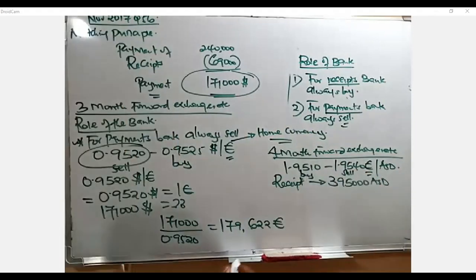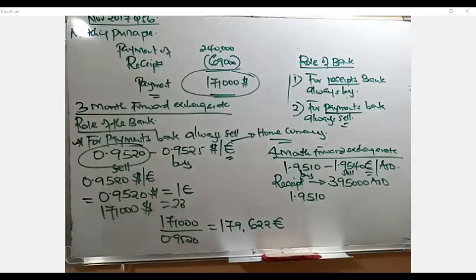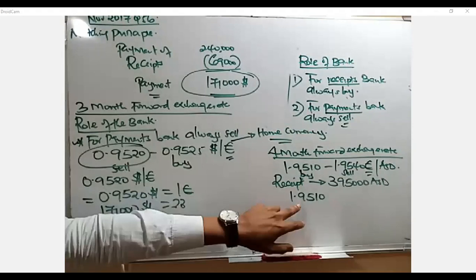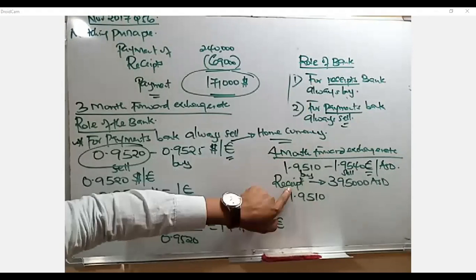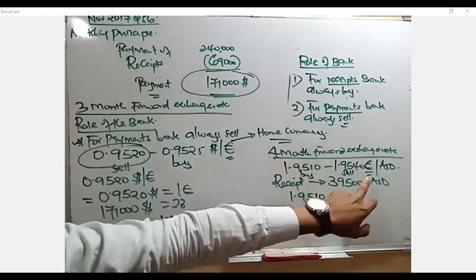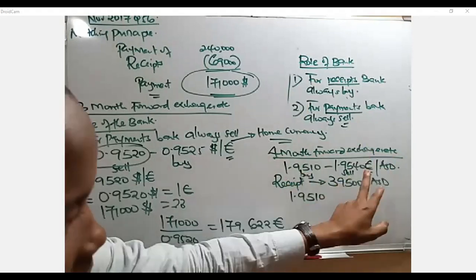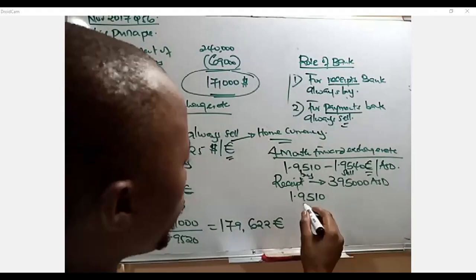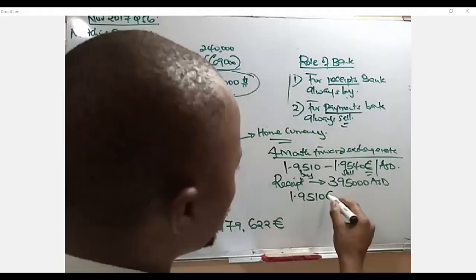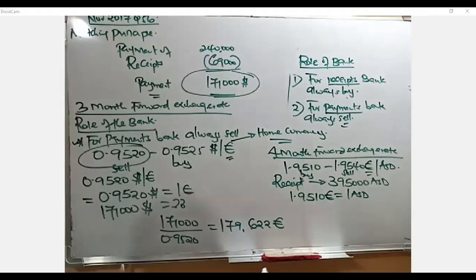So in this case, it means I am just going to identify my currency and the exchange rate like this. It will be 1.9 because the bank will always be buying. When we have a receipt, the bank buys. How am I going to identify the buy? I have said if the currency is on this side, then this becomes buy, this becomes sell. If it goes to the other side, this becomes buy, this becomes sell. This is a criterion that you need to cram a bit. Now, in this case, we are talking 1.9510 euro is equivalent to 1 ASD. Ask yourself, what about